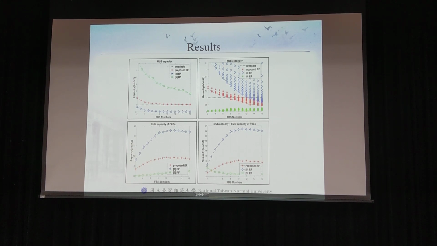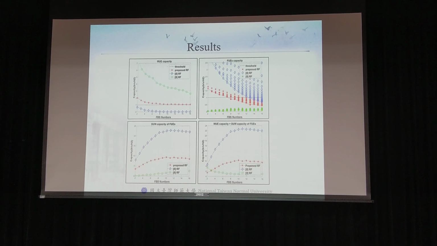In the first picture, with our improved reward function, we can maintain all of them on the threshold, but the reference A cannot; it is all below the threshold, despite it having more